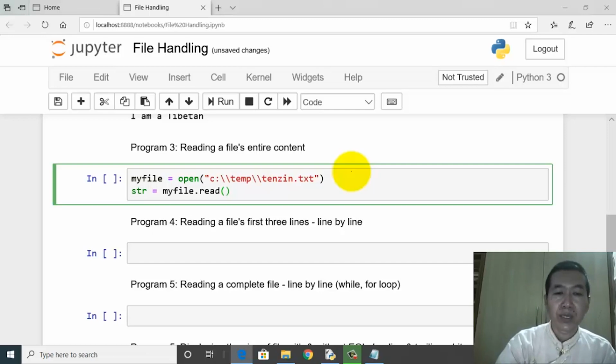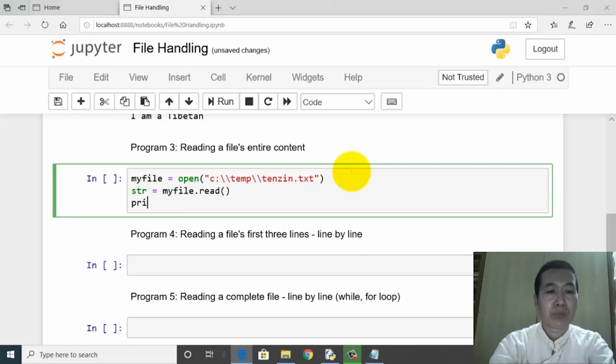This is straight and simple. If you do not specify any value here, the entire content of the file will be read. I repeat, if you do not specify any value, by default, this read function will read the entire content of the file. So we'll just print str and then let's run this.